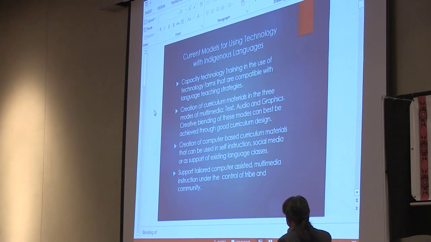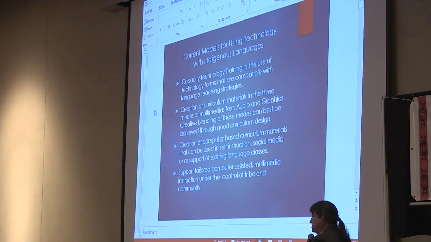The creation of curriculum materials in three modes of multimedia: text, audio, and graphics. The creative blending of these modes can best be achieved through good curriculum design.